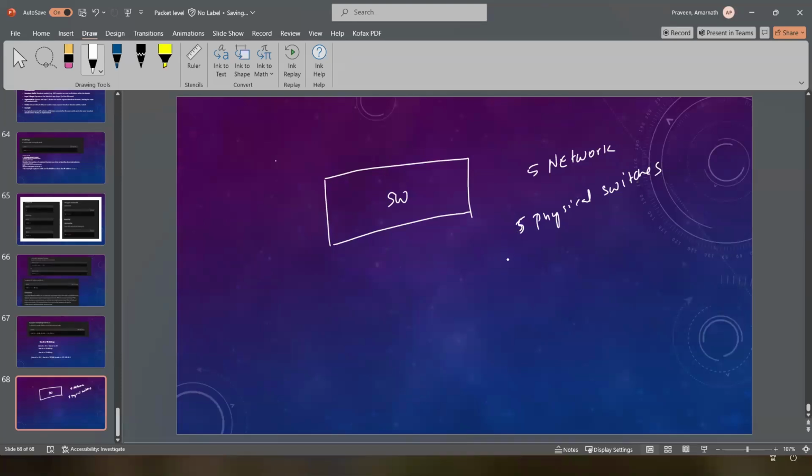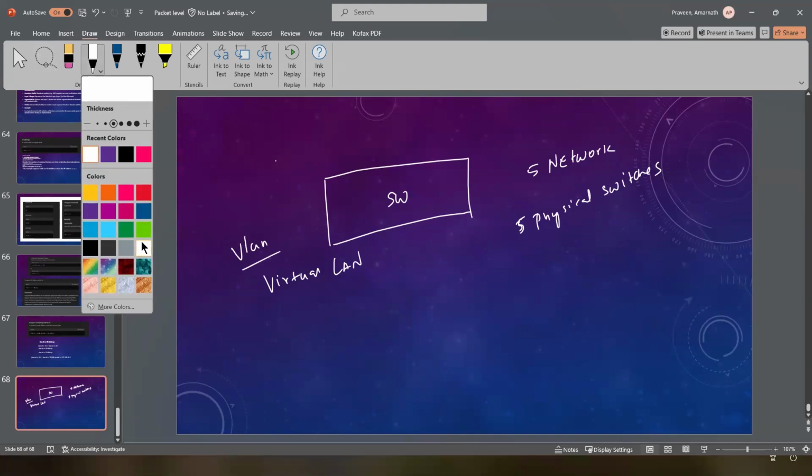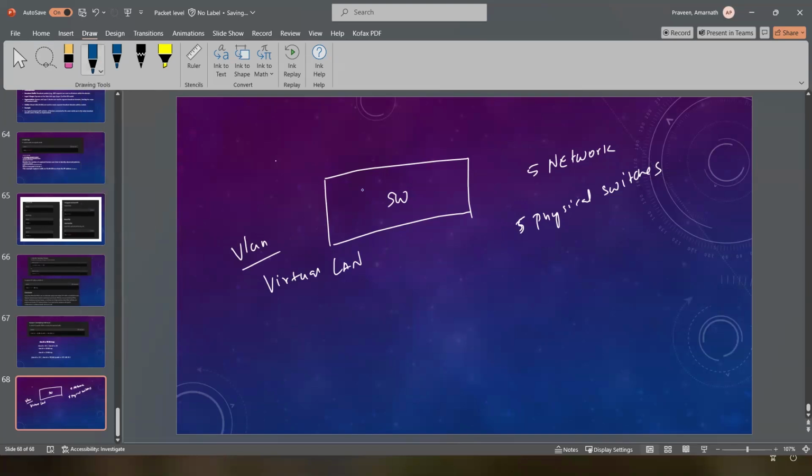To have my five networks hanging over here, I need 5 physical switches. But instead of that, with VLAN, VLAN stands for virtual LAN. We all know about this, but let me take a different color to differentiate here. For example, if I say 5 networks, by my blue network